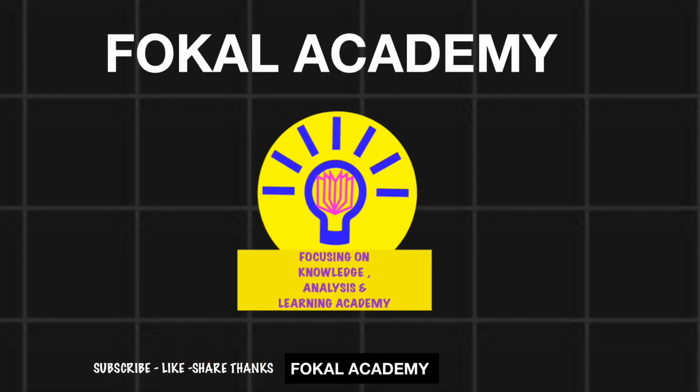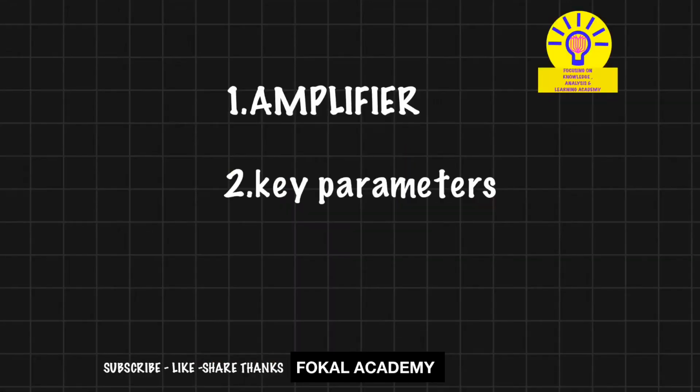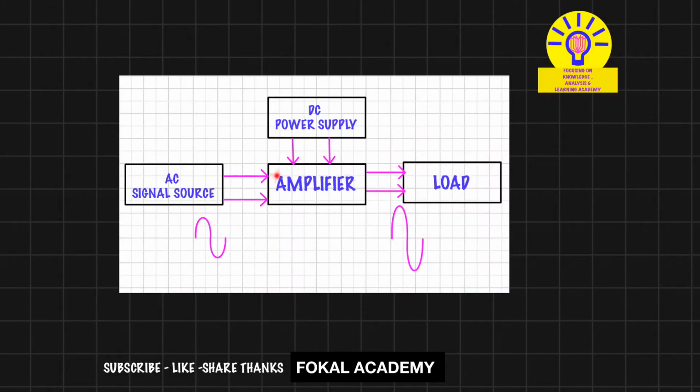In this class we are going to discuss the amplifiers and their key parameters. Now, what is an amplifier? An amplifier is a device. It may be made with BJT components, FET components, or op-amp components. Whatever the amplifier design, it will be activated with a DC supply. That process is called biasing. You will get complete information about biasing, the problems in biasing, and stability problems in the next class.